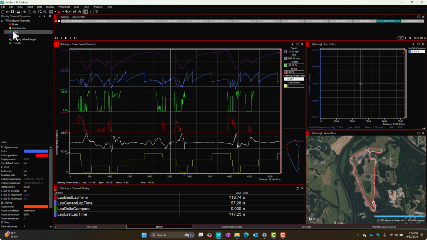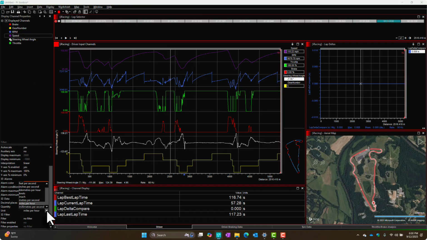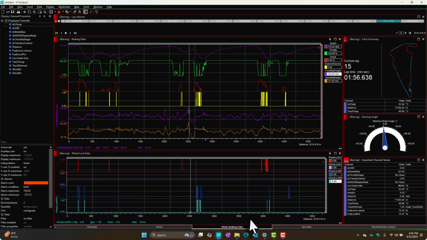And I can click on one of them and change it just for that display. So let's say for this display only, I want the speed to be in feet per second. Okay, so now I've changed it just for this display, but if I go to another display, like let's try driver braking data, you'll see speed is still in miles per hour. So that way, if for some reason you want to have a different unit in a specific display, you can